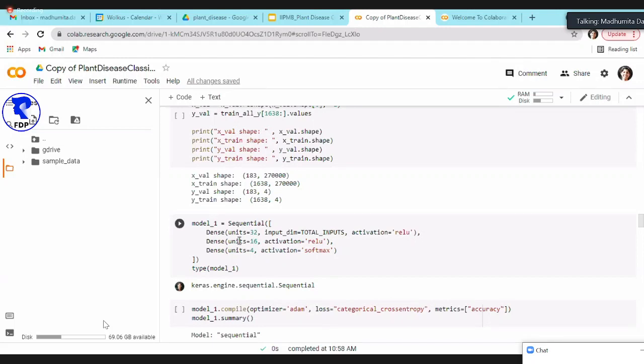So that will be my hidden layer 2. Okay. And then this is my final output layer. The reason it has 4 units is because we have 4 classes: healthy, multiple diseases, rust, and scab. So that's why I have assigned it 4 units, because we need 4 outputs.